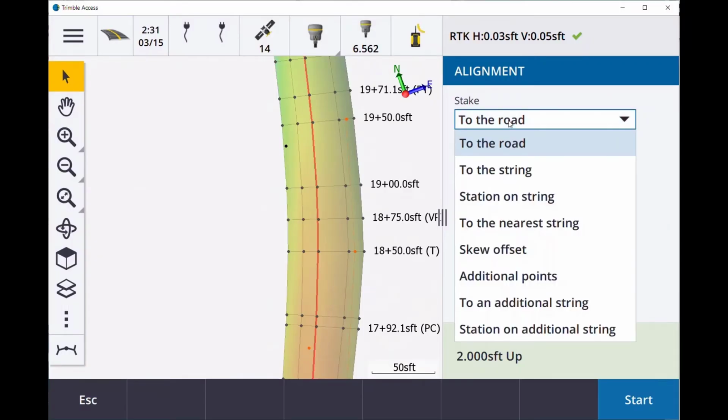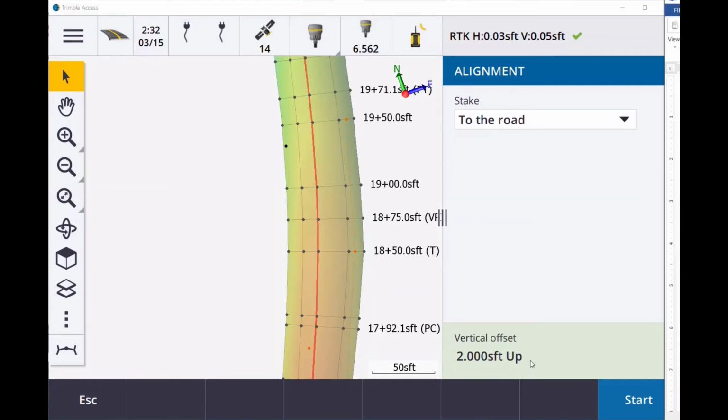You're going to select one of these strings and then hit stakeout. There's actually 8 ways to stake out a road. You have to the road. So wherever you are, it just tells you what station and offset you're on, and you have to a string. There is a setting in the software where the construction offsets stay set, and I'm going to warn you,